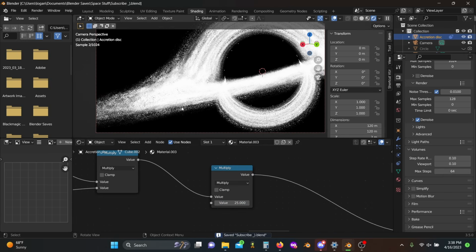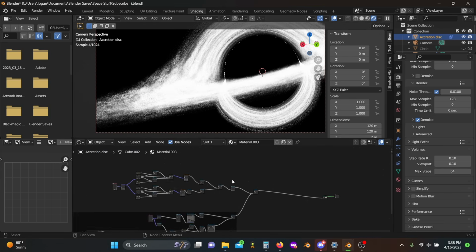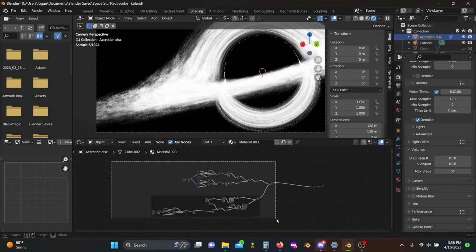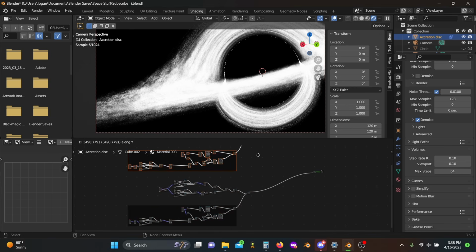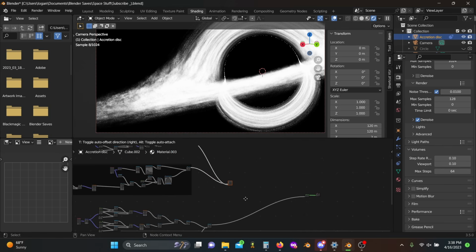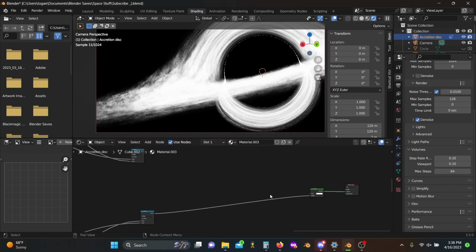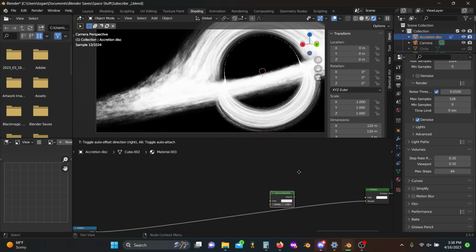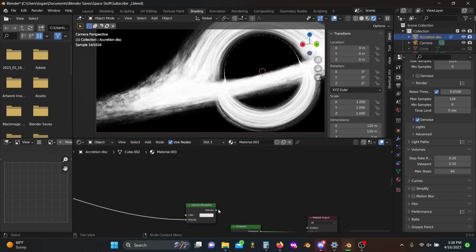Because remember, we're going to add in some absorption now, so we're going to actually reduce the amount of light you see. So I've just made it extremely bright for now. But we're going to Shift D to slide this on up. And this is going to become our absorption mask. And so if we grab a volume absorption node, there we go. Plug this into the density